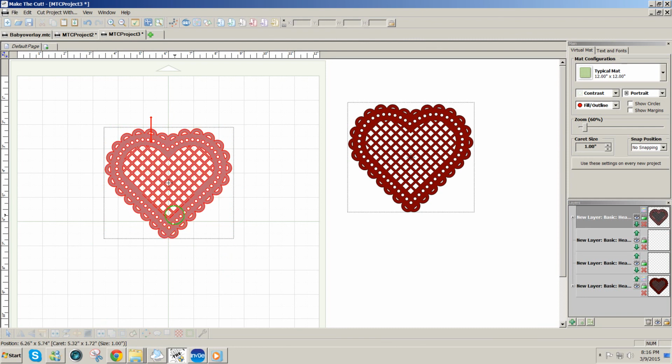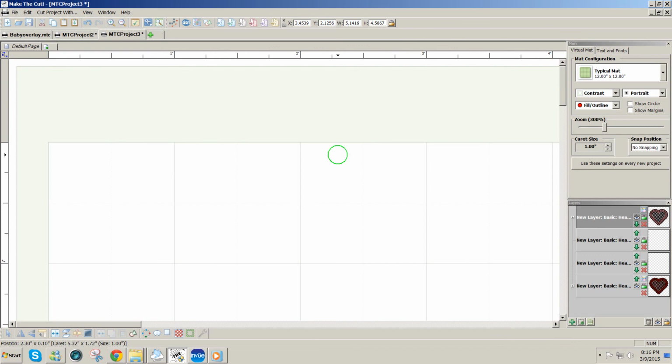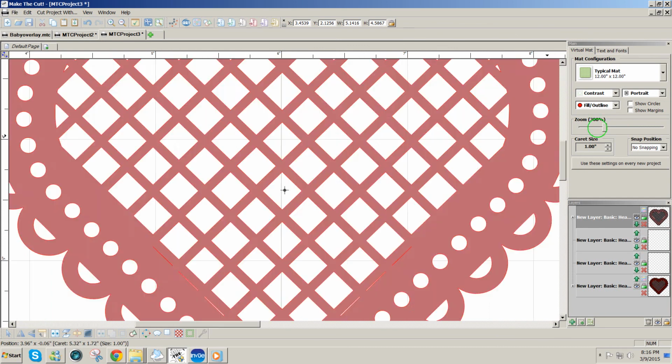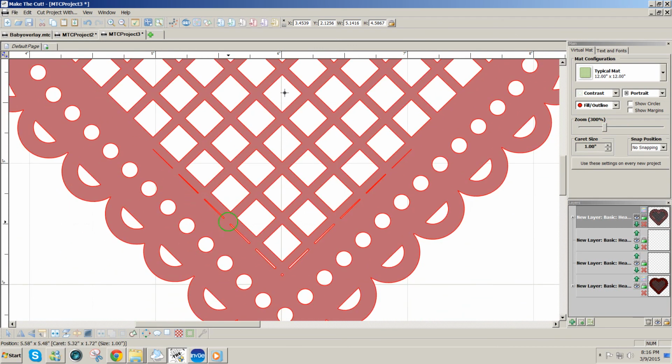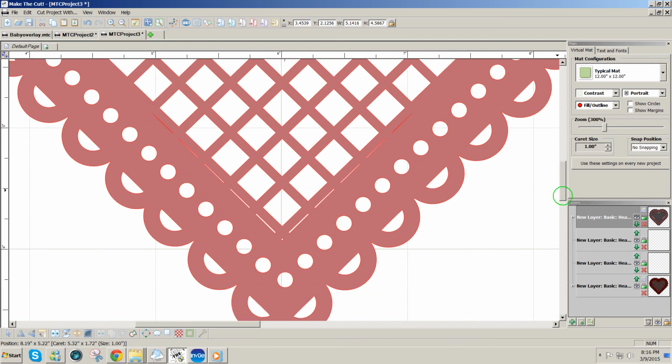I have a few little pieces down here that I didn't anticipate having. If I can zoom in on those, I'll type 4 and 3. 4 zooms into 300% and 3 centers on the selection. You see these little holes down here. I don't particularly care for those. Now I could have taken care of that with my lattice when I was making it,